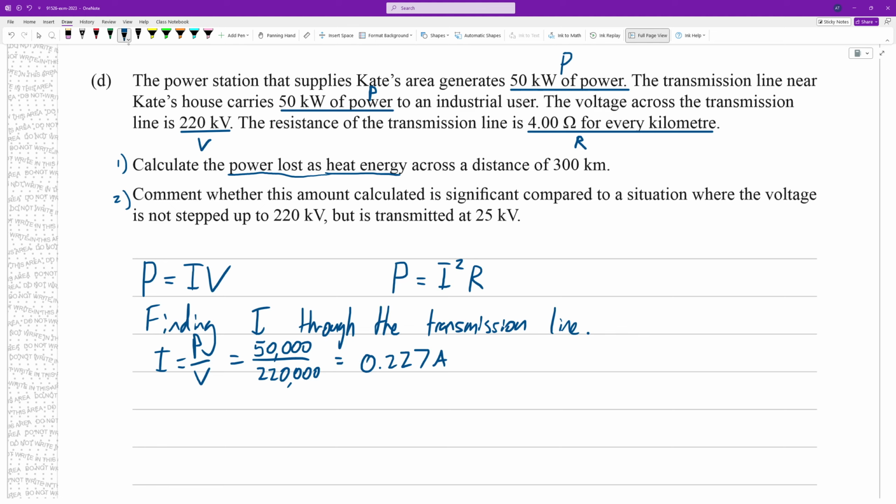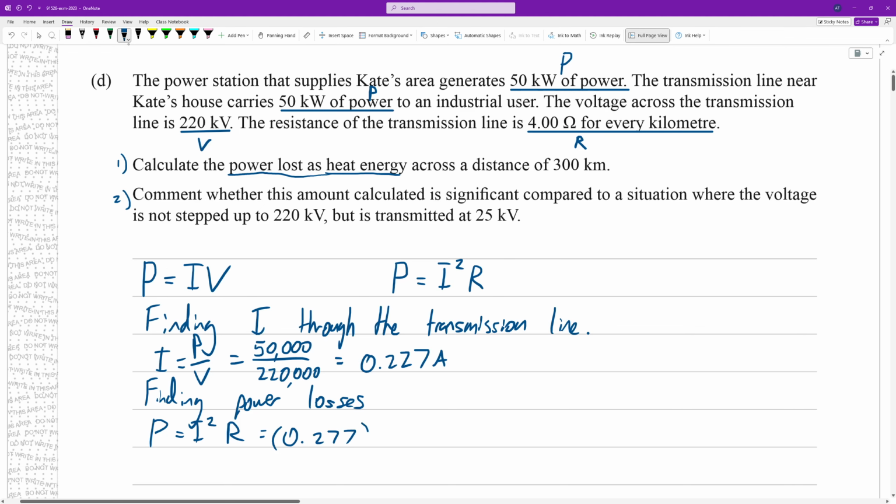Now we can relate that to the power lost using our second power equation. So finding power losses: power equals current squared times resistance. And what is the resistance? Well, it's 4 ohms per kilometer for 300 kilometers, so 4 times 300, which gives 61.98 watts. So that is the power lost in 300 kilometers,